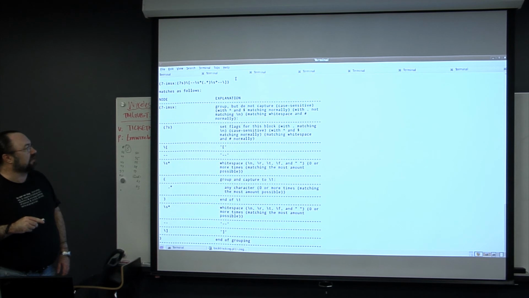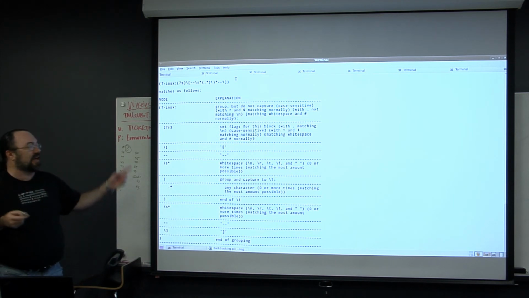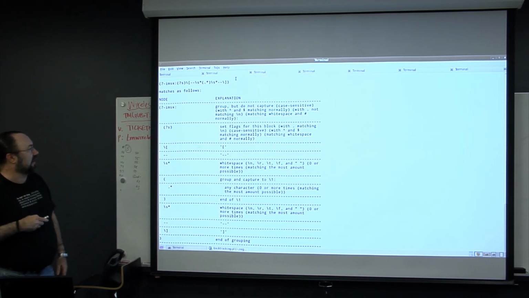And it matches white space and the comment character normally, because that minus in there says none of these are in effect. So it's like not I, not M, not S, not X. And that's just explaining to you what the defaults are. If you don't specify any flags, that's what it looks like.